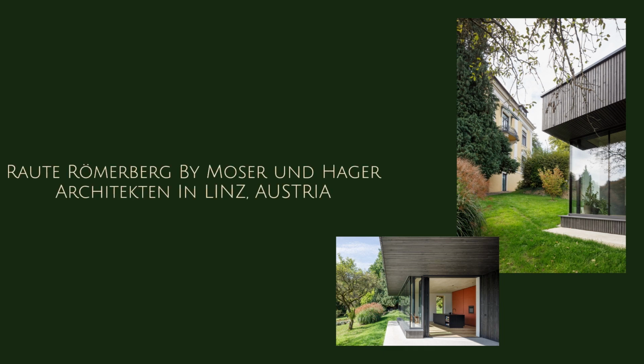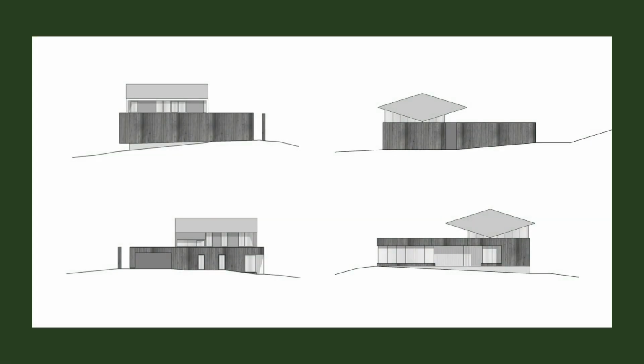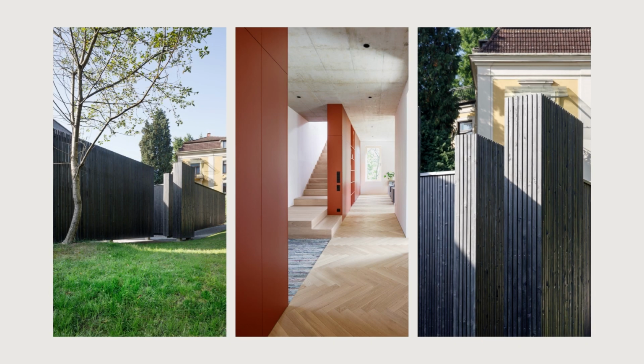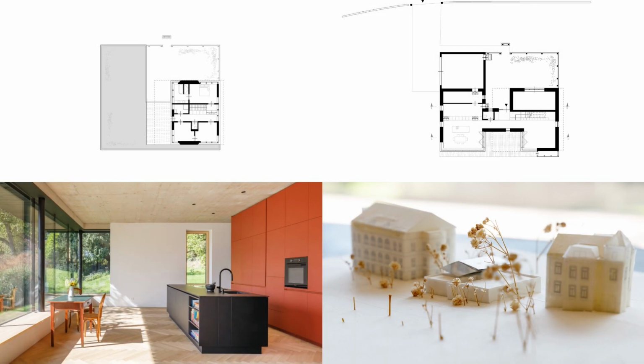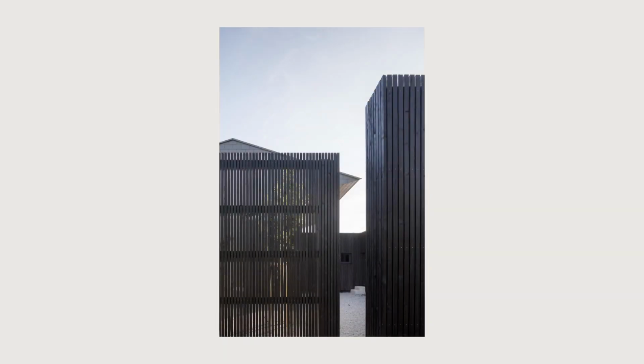Raute Römerberg by Moser und Hager Architekten in Linz, Austria. The park-like site with its ancient trees was to become the building site for a young family's home. Surrounded by historic villas, all those involved focus on the responsibility associated with the site and continuing to build in